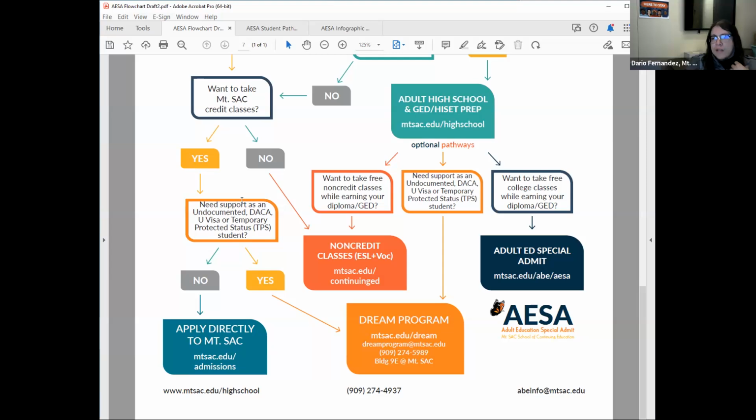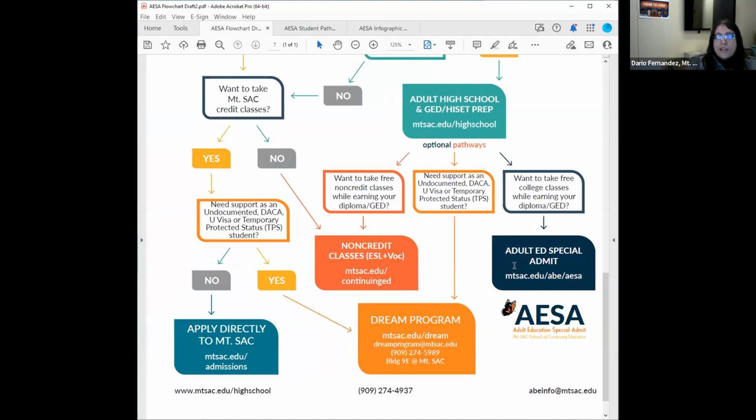And the really cool thing about this is we were able to develop a Smartsheet so that at any point that a student applies for the SB 554 adult special admit program, myself as well as our educational advisor get an automatic email, so that we are able to provide that case management support for those students, and that we're working collaboratively with our non-credit partners to ensure that the students understand the information, that they understand the importance of it, but that also they know that when they transition,